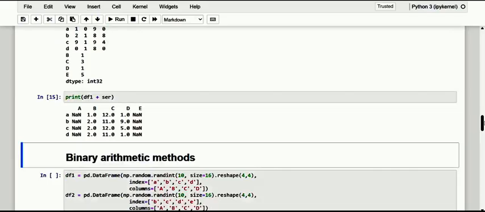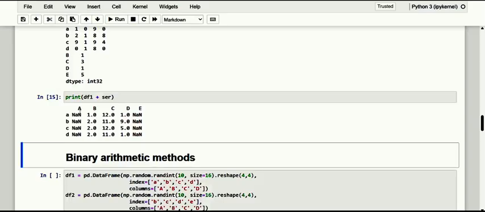Observe, dear friends: of course, they will be added in the result with the value NaN. Only the values which have common labels between the data frame and the series have the operation done. Otherwise, it is NaN, that is, the missing value.